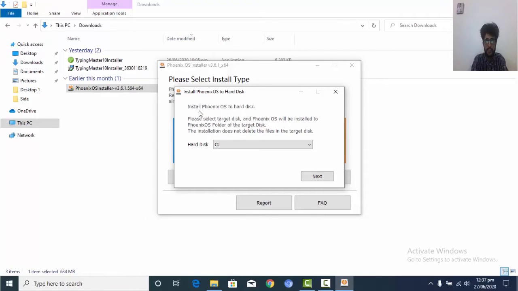So I'm just reading it. Install Phonex OS to hard disk. Please select target disk, and Phonex OS will be installed to the Phonex folder of the target disk. So if you are installing this Phonex on the partition where Windows already is, it does not matter, it does not delete the files of Windows. So I am just installing this Phonex in partition C where my Windows 10 already exists. It does not create problems for Windows 10, and it does not delete the files of Windows 10. So I click next. This is the C,